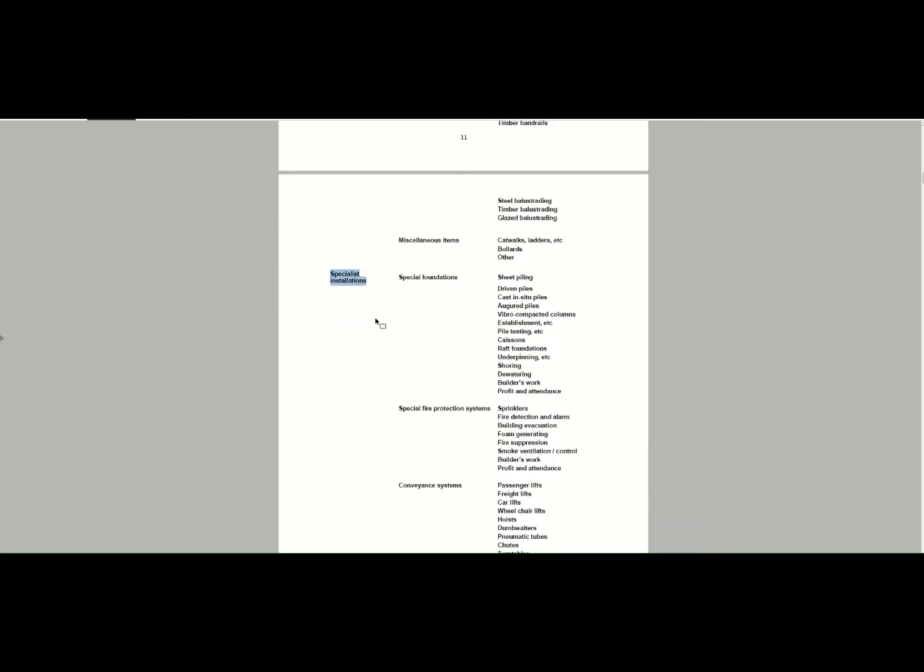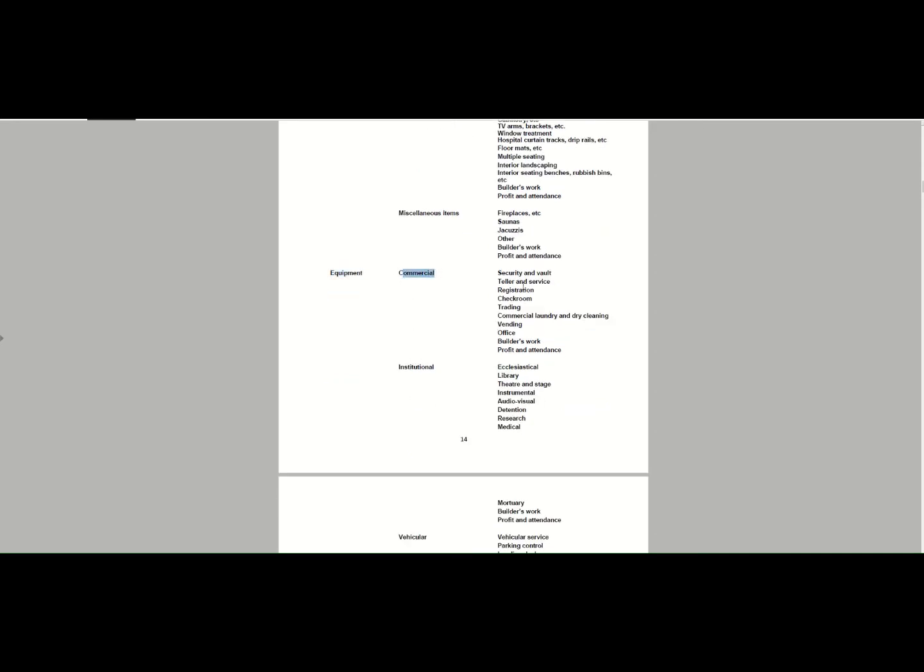Then the next section is your specialist installation. If you've got special foundations, sheet piling, driven piles or whatever, fire installations, conveyance systems, air conditioning, ventilation, heating, cooling, special electrical systems, electrical subsystems, etc. Your ICT installations, your access control, all of those items will be here. Signage, artwork, and then you have the next section, which is your equipment, commercial, security, vault, teller, services, recognition, office furniture, industrial, your escalation,